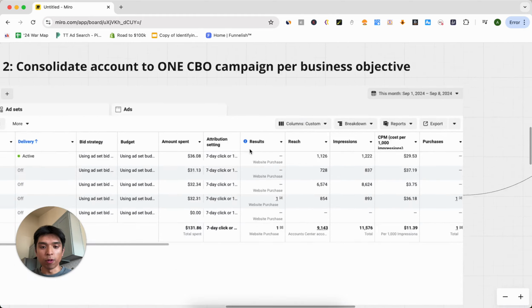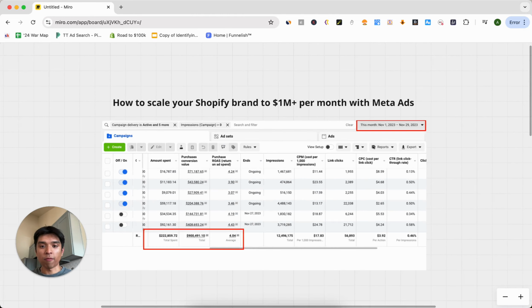And that, again, is literally the blueprint of how you can scale your ad account and your Shopify brand to over $1 million per month